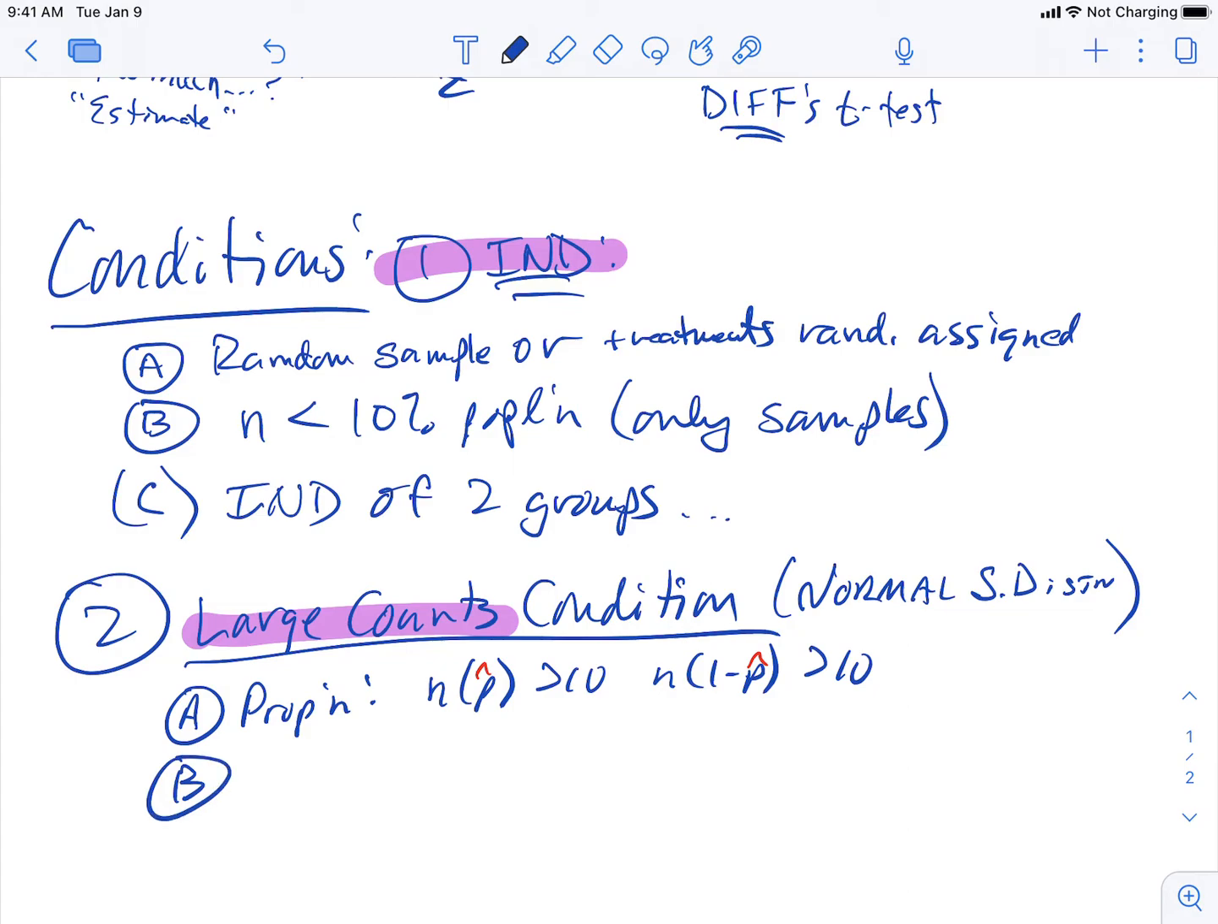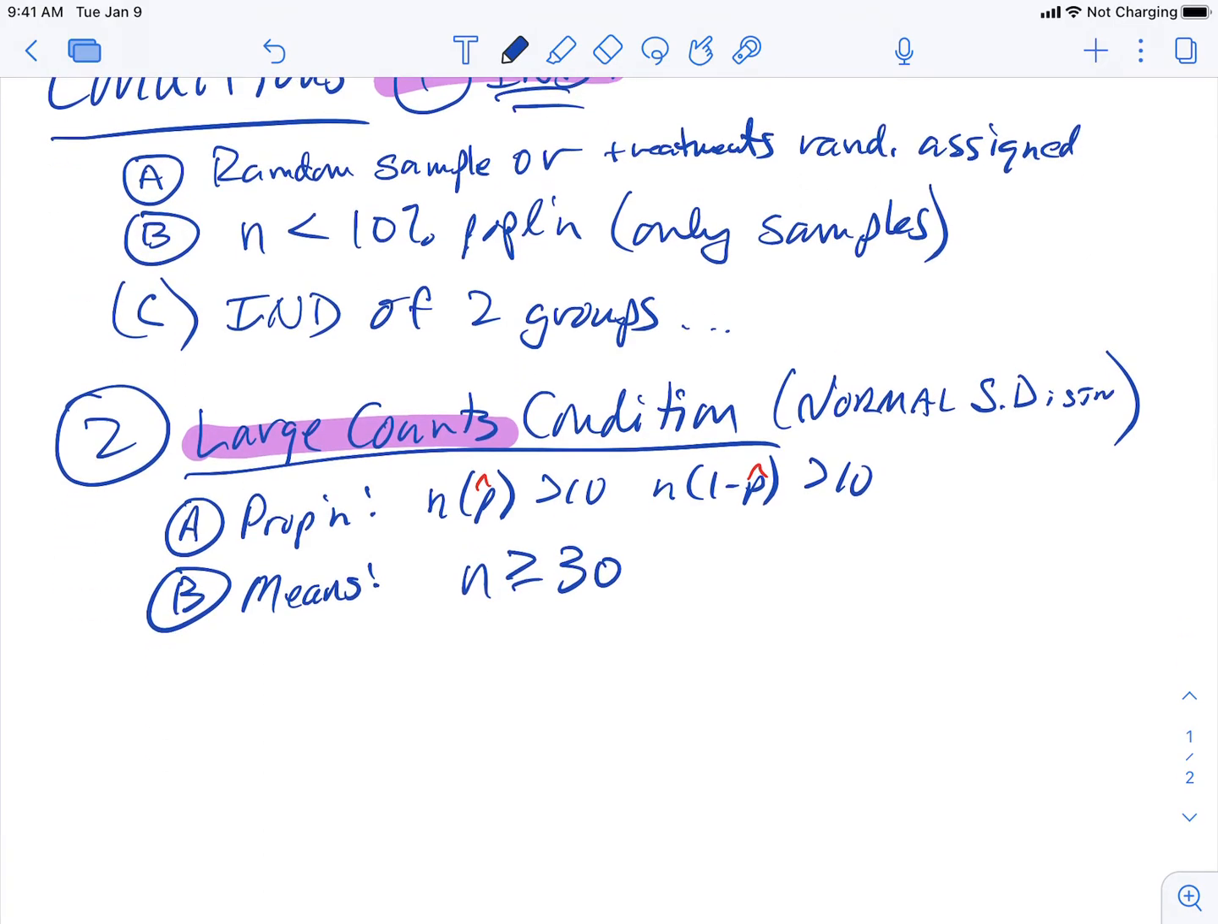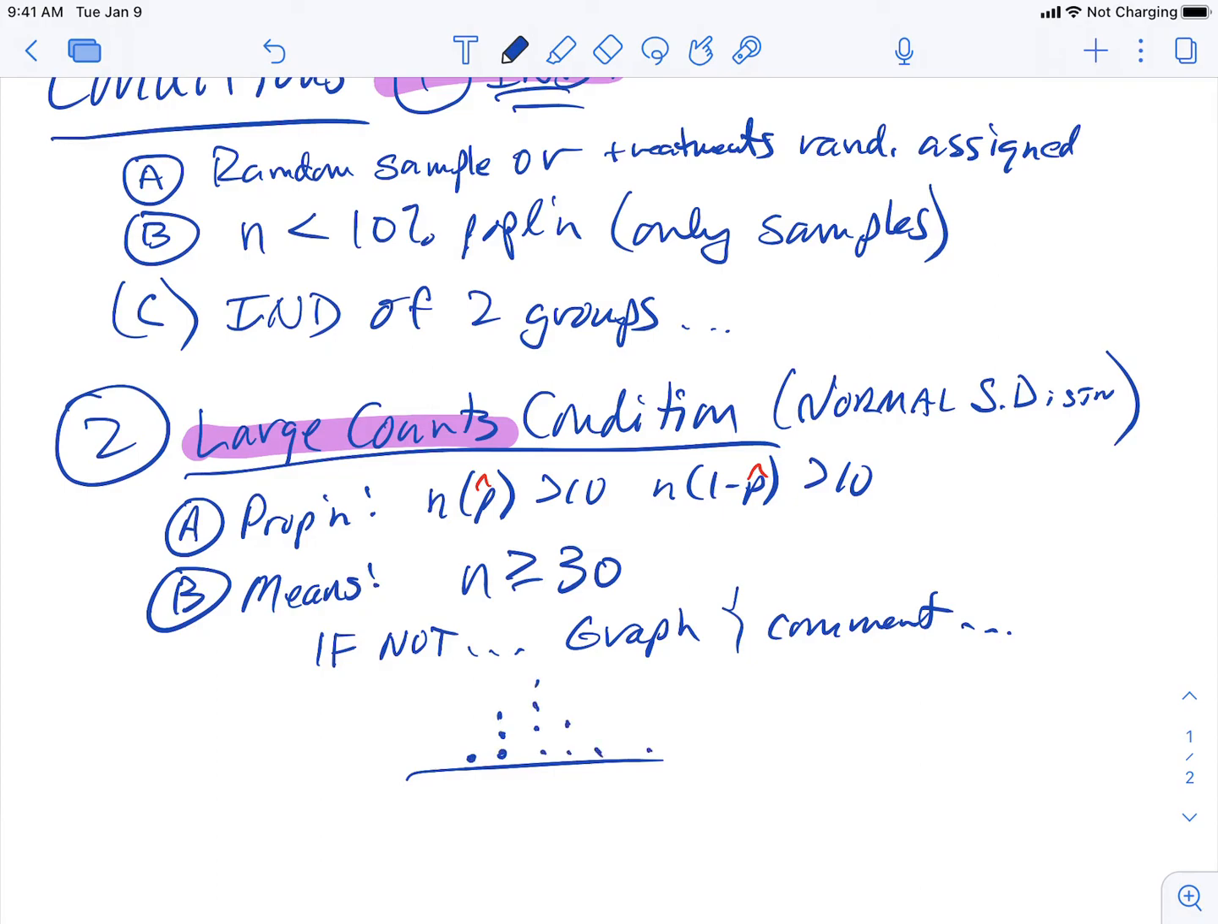The second large counts condition is for mean problems, and for mean problems, you just have to make sure n is greater than or equal to 30. But of course, sometimes n is not greater than or equal to 30. If not, you must graph and comment on what you get. So even if you just have a small sample, if it looks like this, and there's no outliers or heavy skewness, well, then we can proceed,